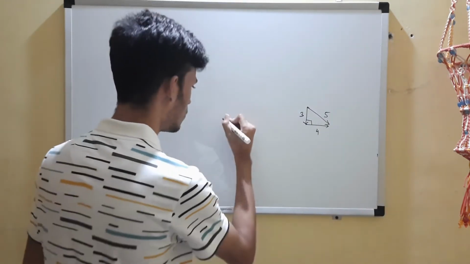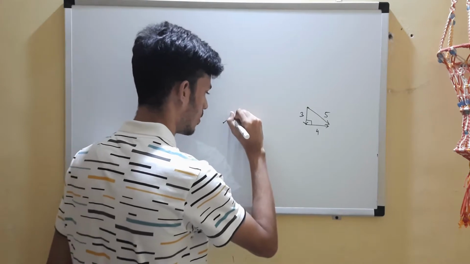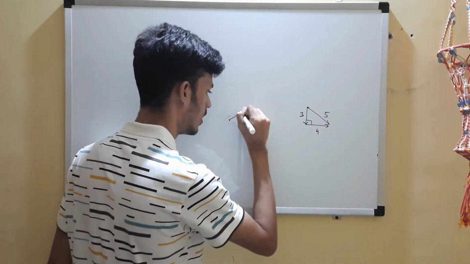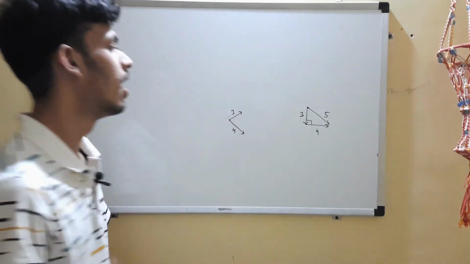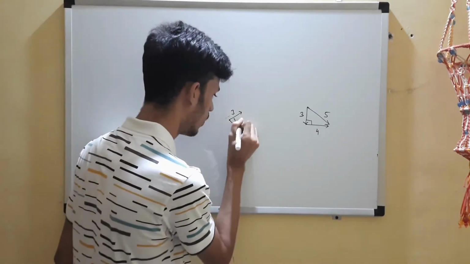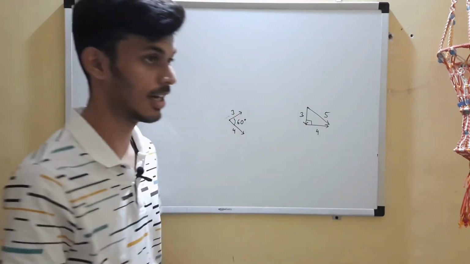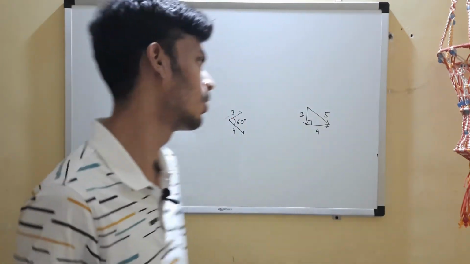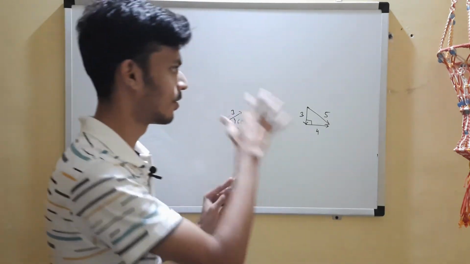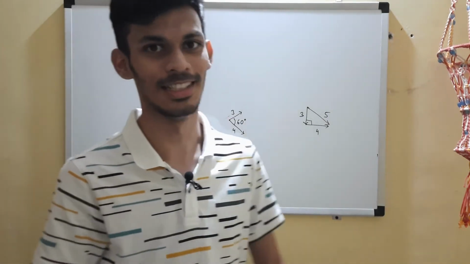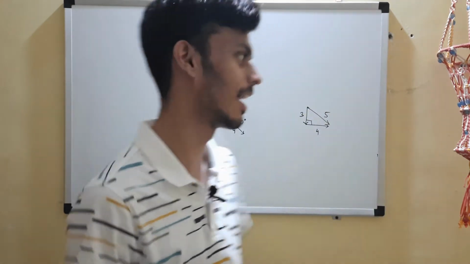But when it comes to a broader view like this, suppose we have the same two vectors 3 and 4, magnitude wise the same, and now they are at an angle of 60 degrees to each other. Now you cannot use the logic of Pythagoras anymore, right? So we have to do something for this, and in today's class we are going to crack that mystery.